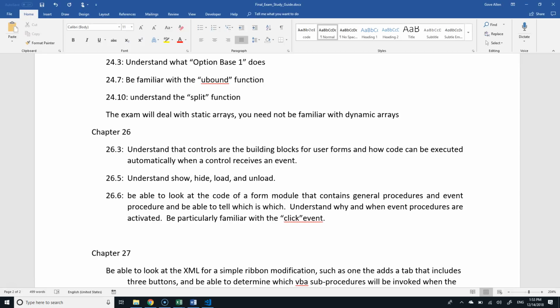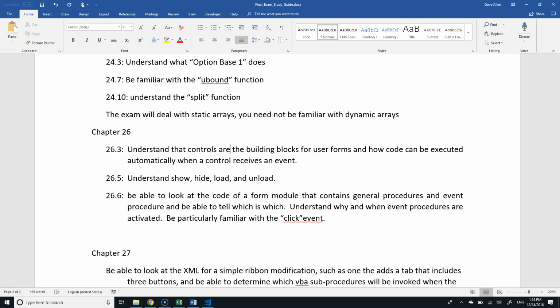Is there a specific question there? We feel okay with that, or do you want to see something? So what's a control? Give me an example of a control in a user form. A label is a control, another one? A button, a text box, these are all controls. The little things that we put onto the form. Now, if I wanted to make something happen when the user clicks on the button, what do I do? Double-click the button, and it will create a sub-procedure that's called object name _ click. And here's the key: when an object, in the world of forms, receives an event, we can make code execute.